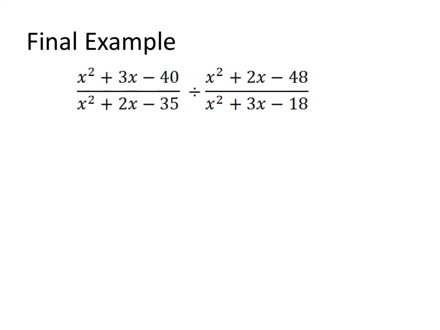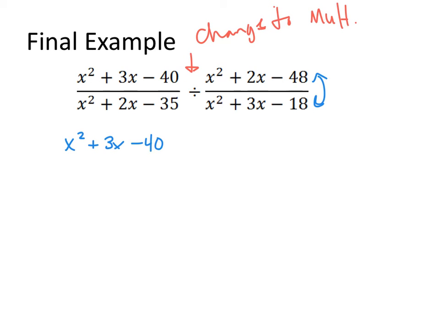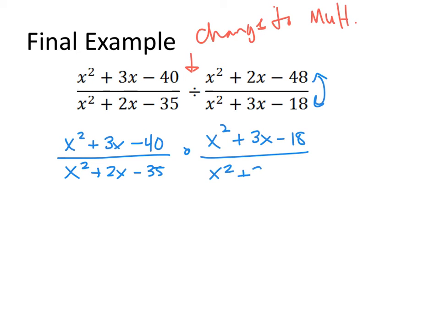And so let's take a look at our final example. Our final example is a little bit tough, but we can work our way through this. The first thing is that I see this as division. I want to change it to multiplication because I love multiplication and it's a lot easier. So I'm just going to take this fraction and flip it upside down. So I get x squared plus 3x minus 40 over x squared plus 2x minus 35 times x squared plus 3x minus 18 divided by x squared plus 2x